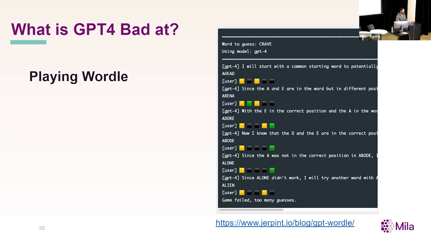But GPT-4, for whatever reason, and ChatGPT both had awful strategies at playing Wordle. And I don't know why. I have some theories. Maybe it's because Wordle came out after the cutoff date. The cutoff date is September 2021. Wordle came out October 2021. So maybe it just never saw examples of Wordle. Maybe it has to do with the fact that Wordle has to do with spatial relationships. I have no idea, but it's just really bad Wordle strategies. So if you're interested, you could go check this out. For some reason, GPT-4 was pretty bad at Wordle. And I'm still hoping that I made an error somewhere and it's actually really good. But as far as I can tell, it just doesn't seem to really understand the game. It understands the rules. It just doesn't play with a good strategy.